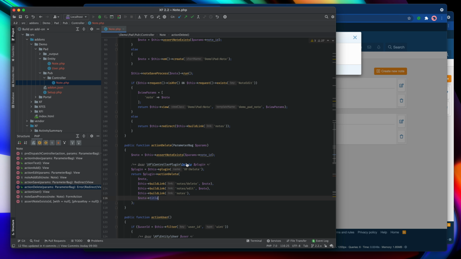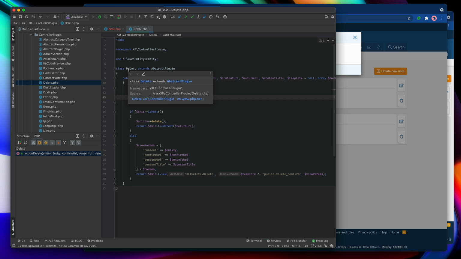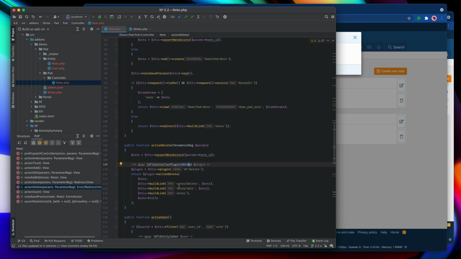So we'll click into the deletion plugin here in the PHP doc, which brings me up to the plugin code. And you can see it's really quite simple. First of all, it looks to see if the entity pre-delete will fail, and if it will, then it knows that it's not going to get any further, so it will return the error that was generated there. And because this is essentially an extension to the control action, that return there will of course bubble right up to this return here, and so we'll get this returning an error.